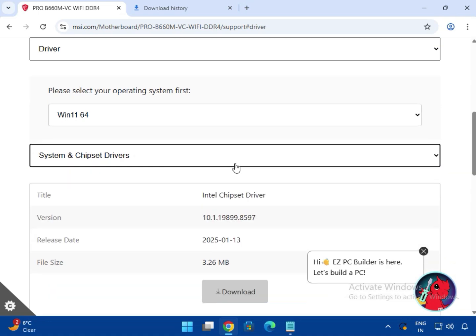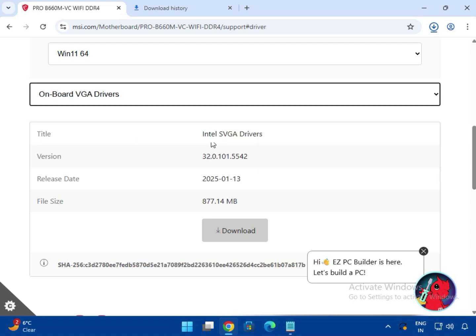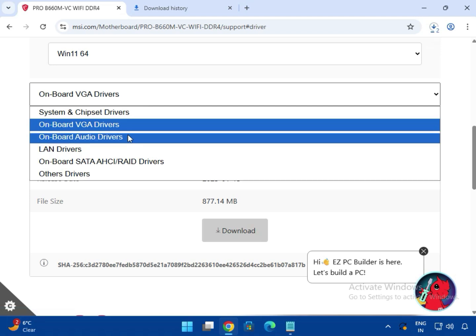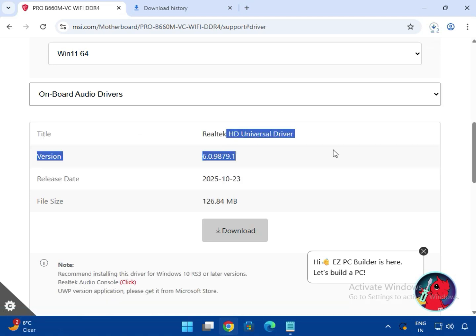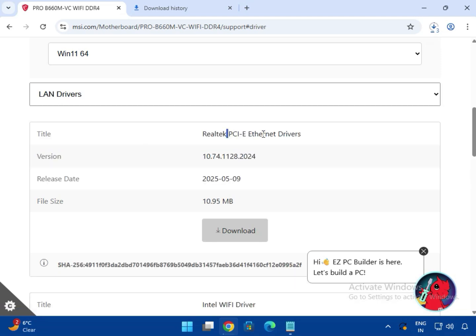Then chipset. This is the chipset driver, click to download. Then the VGA driver, graphic driver, display driver, click to download. And then the audio driver, this is the audio driver, click to download. Then the LAN driver, PCI LAN driver,